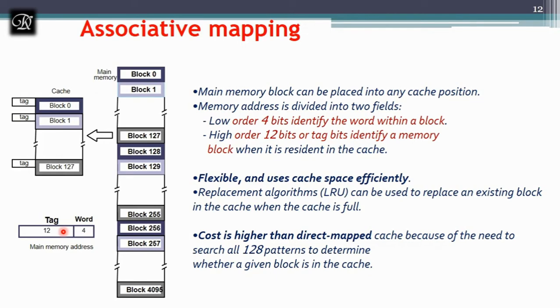Here we directly apply associative mapping on the free location. If there is no free location, then we have to call one more algorithm, called the replacement algorithm, which is LRU, least recently used. That is going to decide which block out of those 127 blocks should be removed, and that respective block space will be given to the newly requested block.